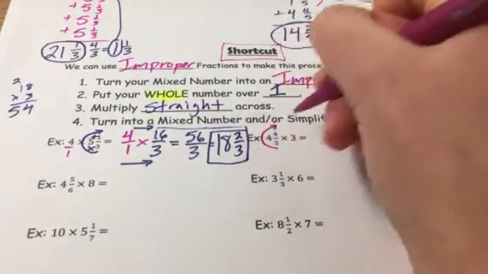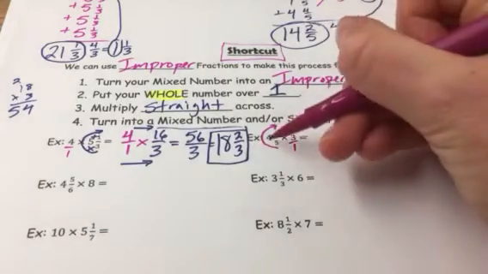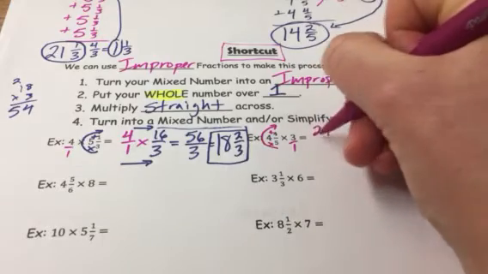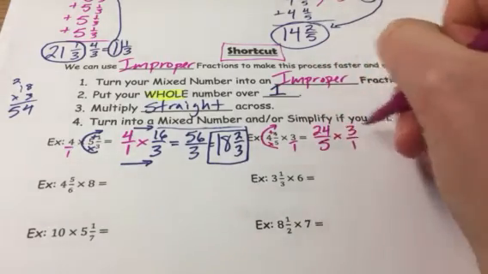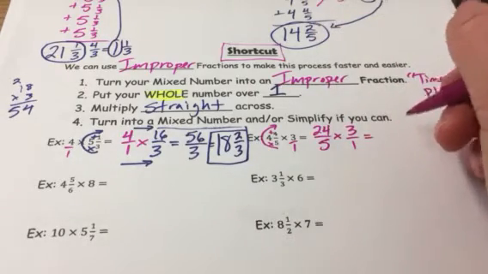Okay, the next one, we're going to multiply 4 and 4/5 times 3. We need to turn this into an improper fraction. We need to put 3 over 1. So we get 5 times 4 is 20, plus 4 is 24/5 times 3 over 1. Now we can multiply straight across. We get 60 plus 12 is